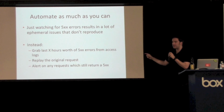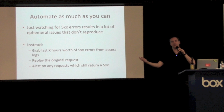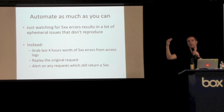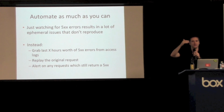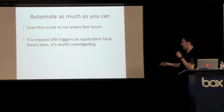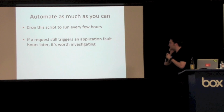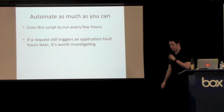So the way to actually make this data valuable is collect all of those 500s for, let's say, the last 12 hours. Wait 6 hours, 12 hours, replay them. If something still triggers a 500 from that same request 6 hours, 12 hours later, that's something worth actually checking out. What's interesting about this one is, just to give you some context and some actual numbers on this,